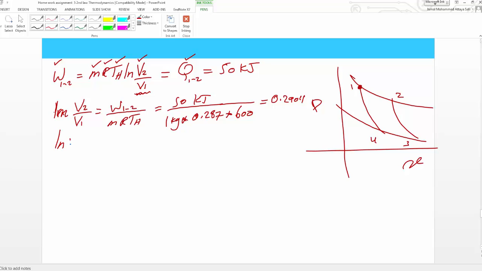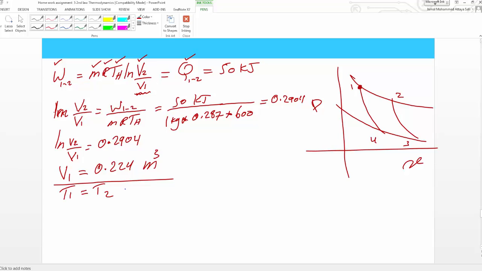So the length V2 divided by V1 is 0.2904, which gives you that V1 is actually 0.224 meter cube. And that's what you asked in the problem to calculate. But we know also that T1 equals T2 equals 600 Kelvin, right? Which means that T is constant,